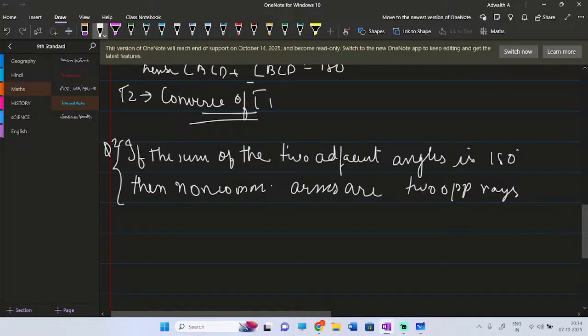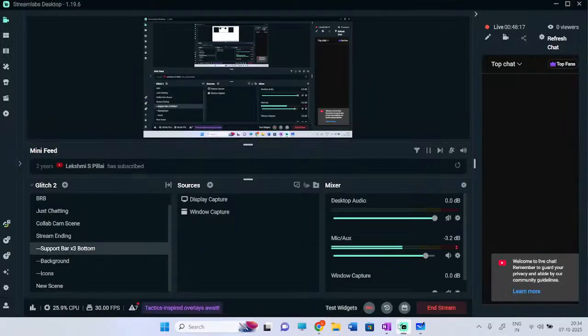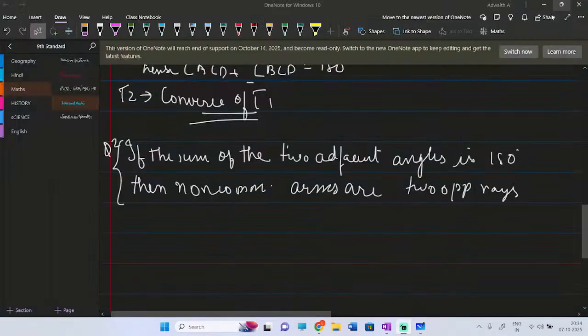Okay, now we can obtain the same figure, but with a slight change. Wait a second, how much time has it been? I started at 45 most probably, now it's 1 hour 48 minutes only. So 1 hour we will finish. Okay, you are getting a figure. I am drawing the figure so that